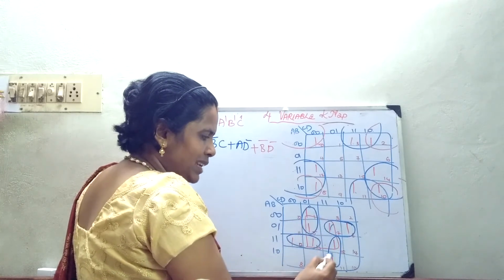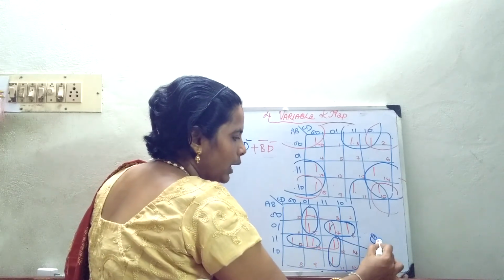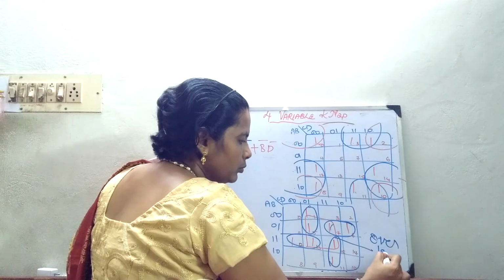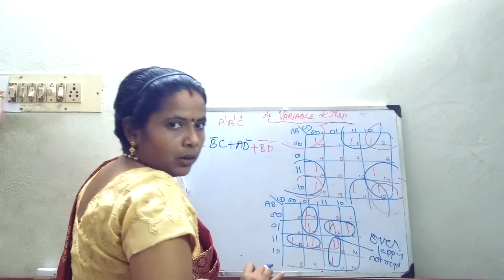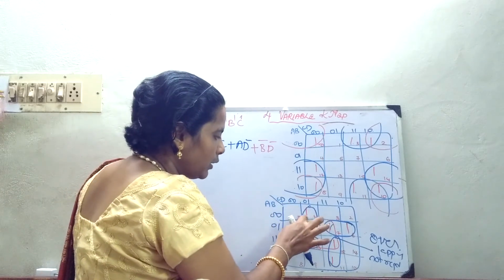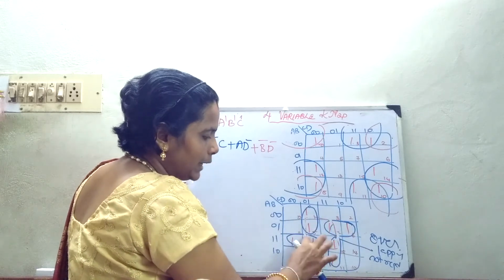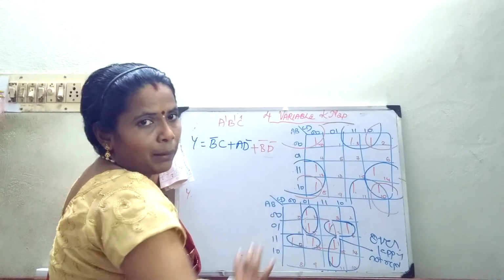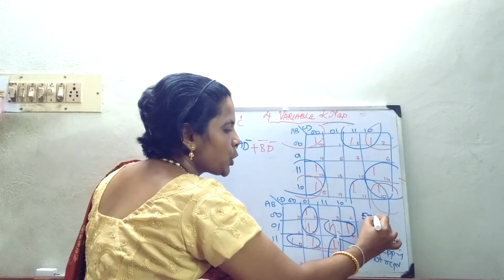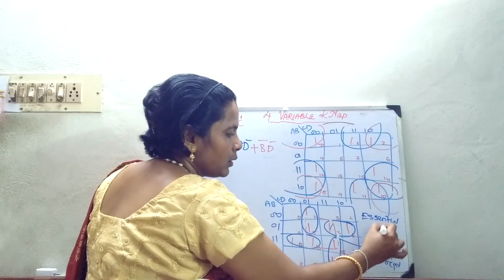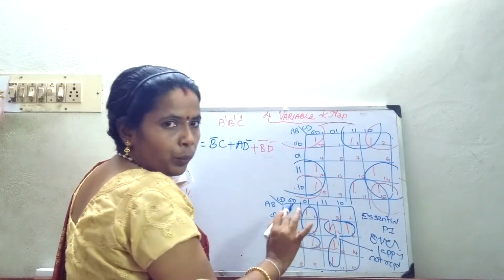Even if I am going to do a 4 cell grouping, again I have to group these 2 cells. So in this case, this overlapping is not required. Okay. In that case, what will be my expression? So this 4 cell is not required. Now I am having all as individual grouping, no overlapping is there. In this case, each term is called as your essential prime implicant, which is having a single grouping. Okay, no other grouping is there.